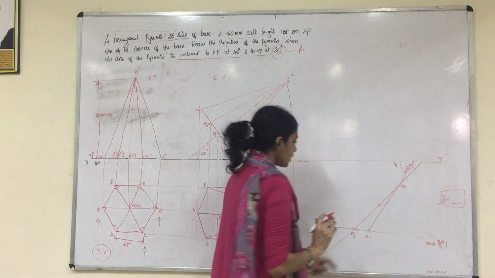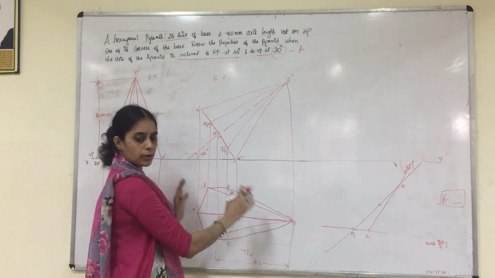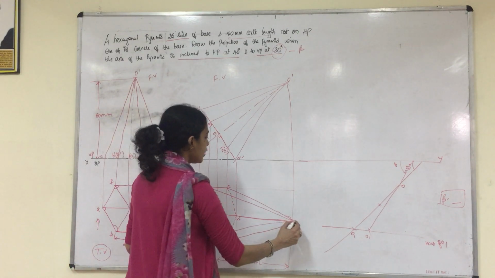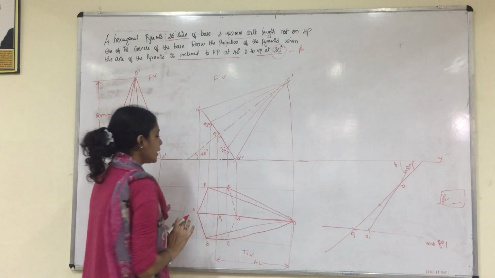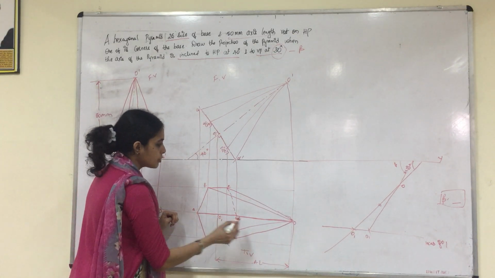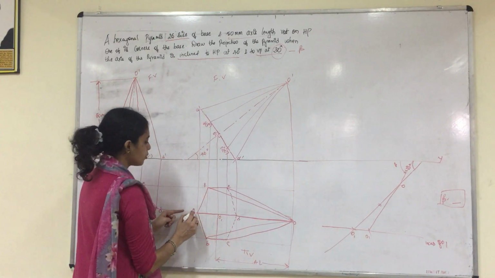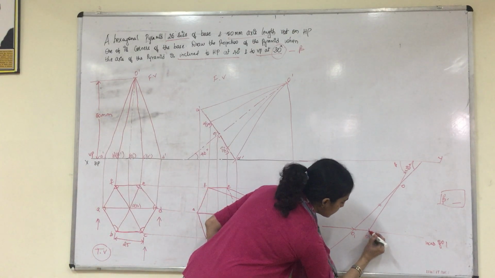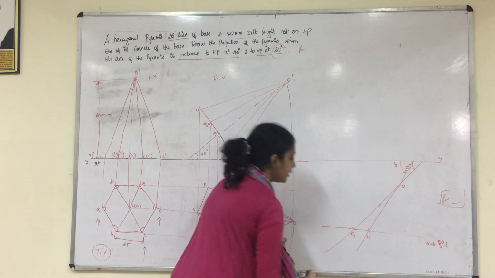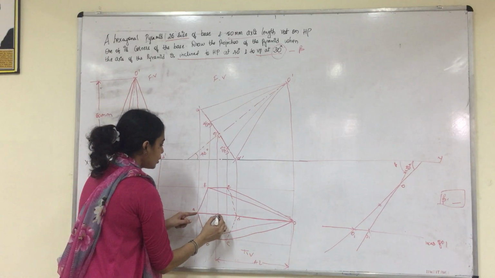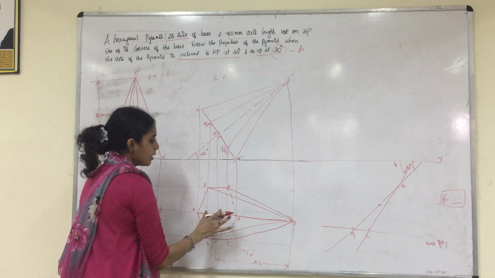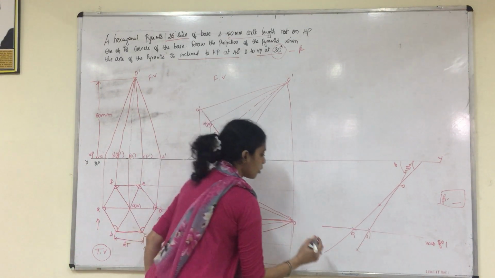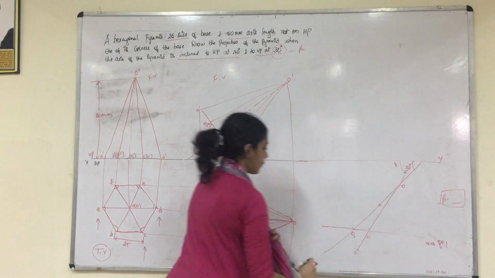Okay. So after constructing the apparent length, we need to reconstruct the entire problem. So how will you construct? Now we have the O1 to O distance here. Remaining part we have to construct. So if you just extend this O1 a little bit down, you can get one corner of the base surface. So you just extend the apparent length line down and measure from O1 to A what is the distance using the compass. Keep that measurement and just cut an arc. So you will get the corner here as A.